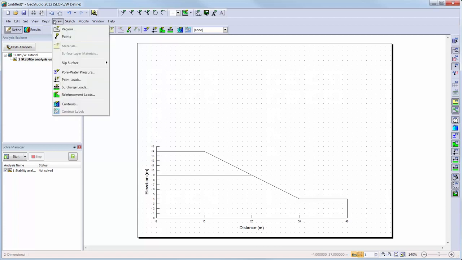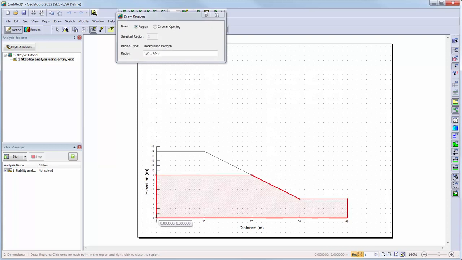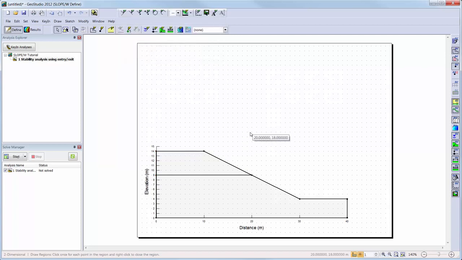I will go to Draw Regions and draw my 2 soil regions following the sketch of my slope. Here, points will automatically be made wherever I use the left mouse button to click on the working area. Once the first region is created, I can draw a second region. Then I can use the right mouse button or the Escape button on my keyboard to stop the Draw Regions